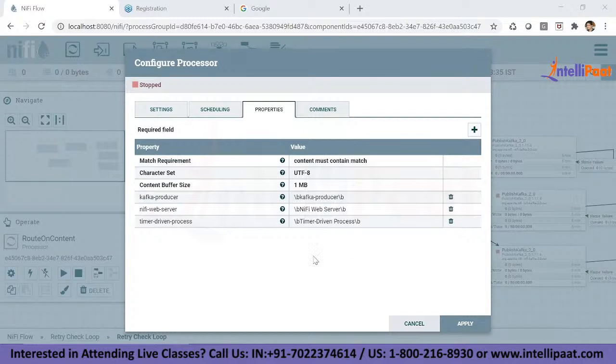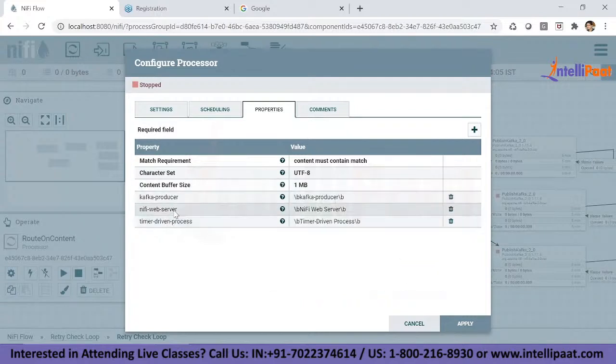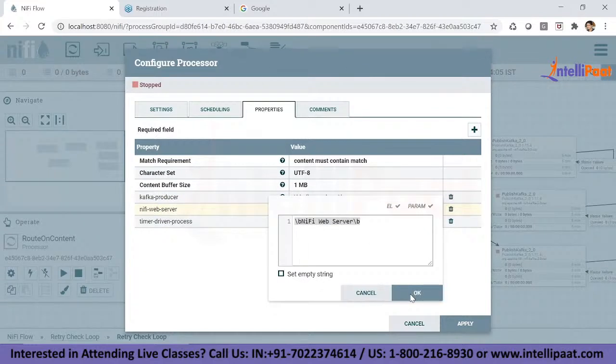This is where you are creating attributes. How do you create an attribute? You go here and put it here, the property name. Let's say, just hypothetically, I'll explain how it can help. Let's say my line contains Kafka producer, this particular text. Then the match should be this way. If you see your expression language, for matching a particular text, this is how you have to provide it, in braces. So what I'm saying is Kafka producer. I am putting up a property name and saying what I'm trying to match there, Kafka producer. So if my record has Kafka producer, similarly if my record has NiFi web server,